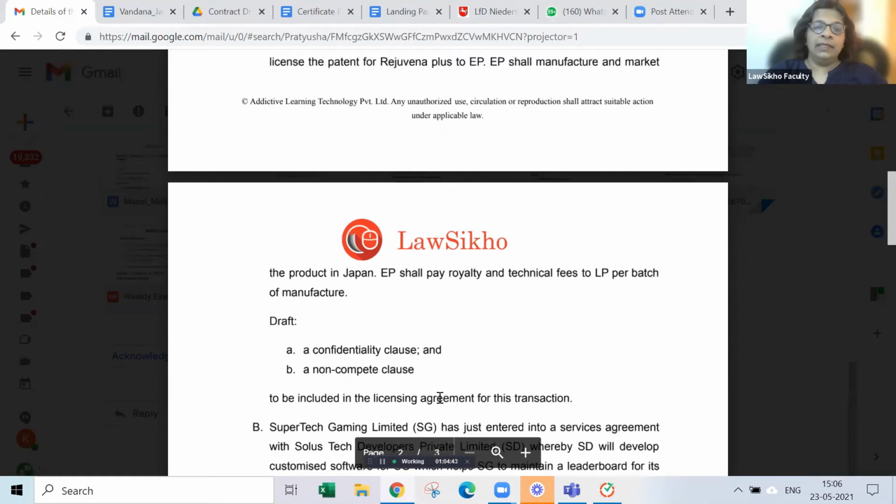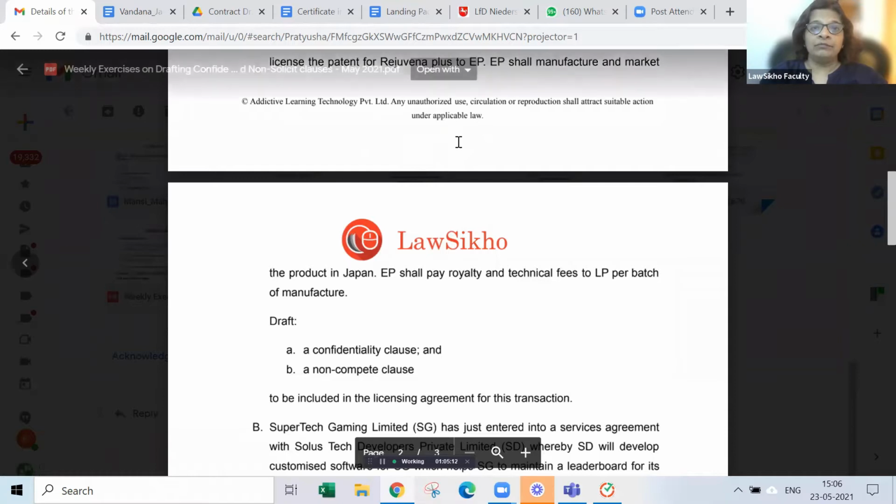So the Indian company is giving the intellectual property for use to the Japanese company, and they are expected to manufacture the product with the use of that IP. Okay. So given that it's a drug, obviously there is a formula for making that drug, which is going to be licensed, rather not transferred, from the Indian company to the Japanese company. So that is what is happening here.